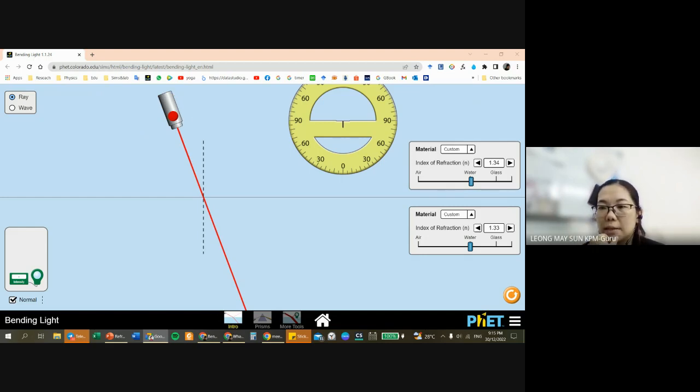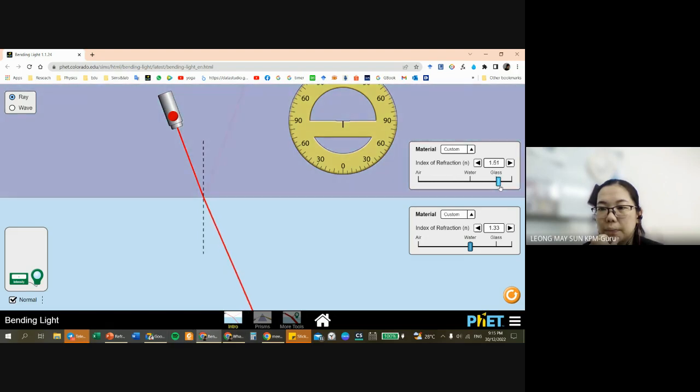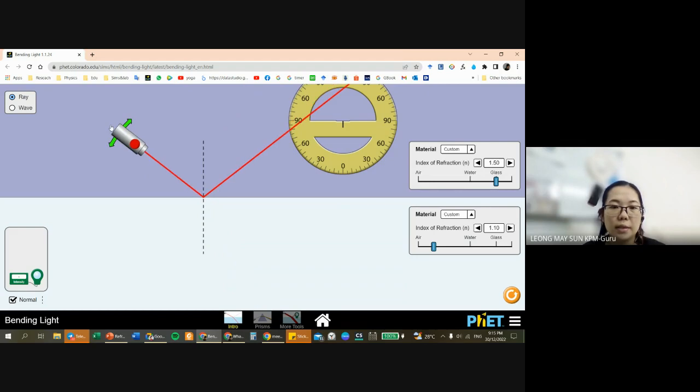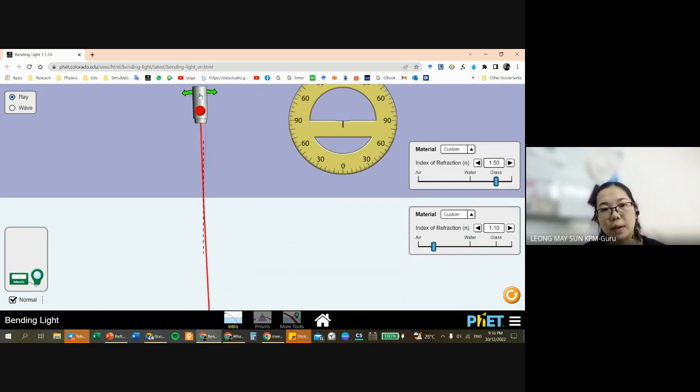I'm going to let that be glass, higher density. And then I let this be air, or somewhere between that. So now the light ray is moving from a denser to a less dense region. Now this is at the normal line. It's incident at the normal line. So when I move it to an angle,